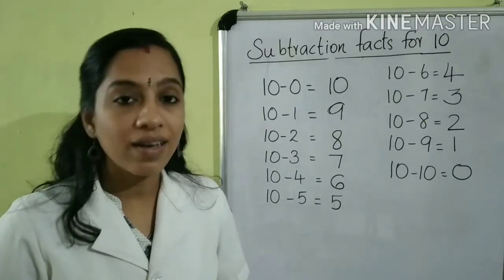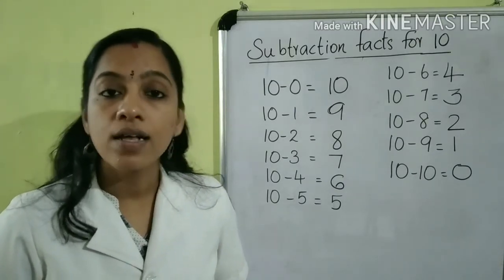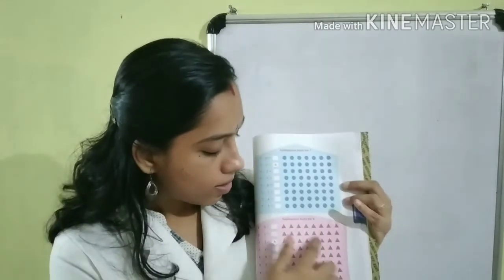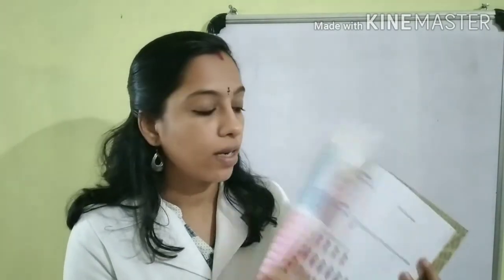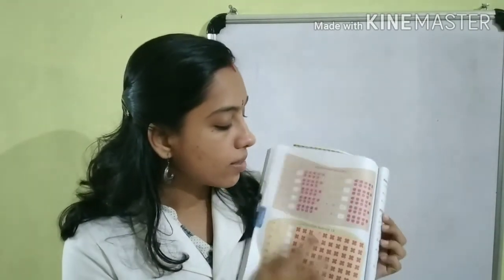I hope you have understood how to find out the subtraction facts. Children, you have to do the exercise problems in your textbook, page number 47 and 48. See, here you have to write the answers. This is the subtraction facts table for 8. And the next page you can see the subtraction facts table for 9 and 10. You have to write the answers in it, and also you have to write the notes that I have attached